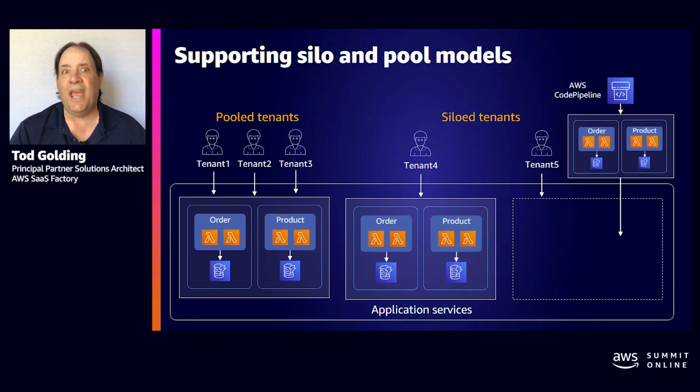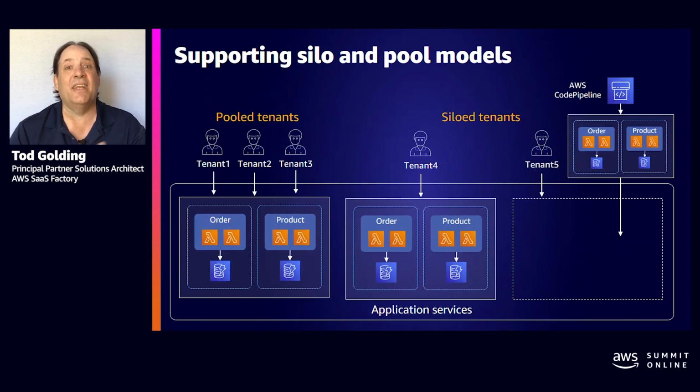And this is to handle the realities that for some tenants, they will demand their own isolation. They will demand solutions that ensure that they don't have noisy neighbor problems, and so on. So any number of different business factors might have you offer a different experience to one type of tenant versus another. And then finally here, you'll see tenant 5, and I really just included tenant 5 here to highlight the fact that as each one of these siloed tenants onboard, our provisioning experience here has to now create and provision the microservices for that tenant.